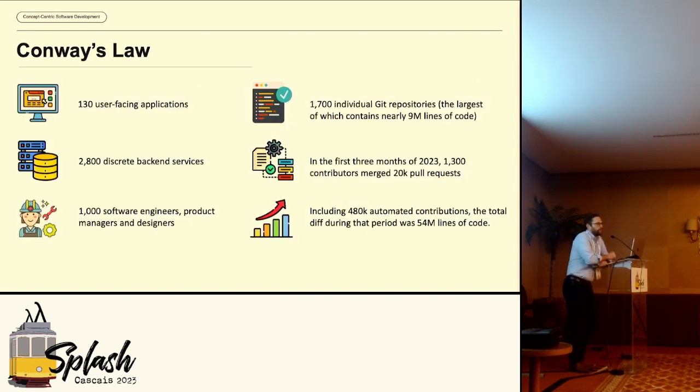I've been at Palantir for a little over 11 years. In that time, the company's grown and grown and grown, and at this point we're building a very large software system. To contextualize that for some of you, it's about 1,000 developers, maybe 1,300 people contributing in different capacities to a code base across close to 2,000 Git repos, ranging from 10,000 or 20,000 lines of code up to 9 million lines of code. Let's say every 3 months, the diff is about 54 million lines of code. So this is not the biggest software organization in the world, but certainly in the happy middle of large software organizations trying to collaborate at scale.